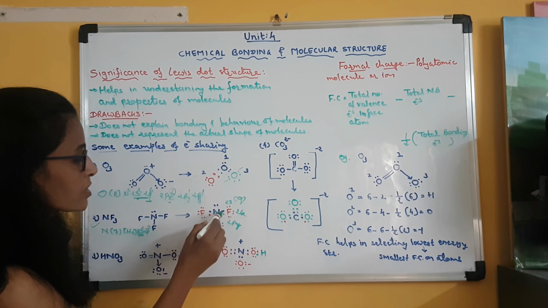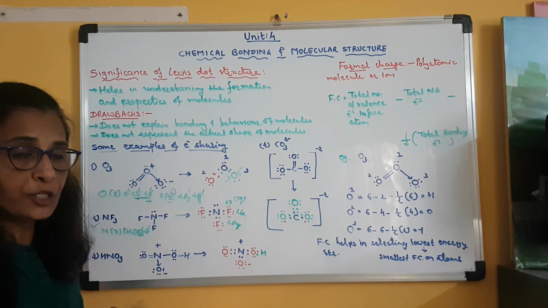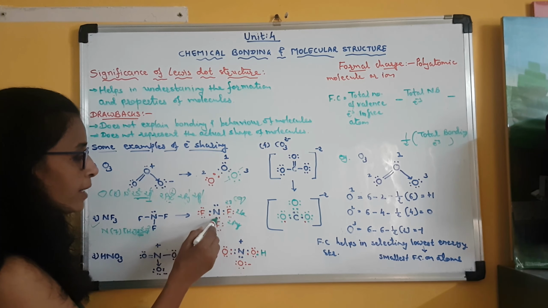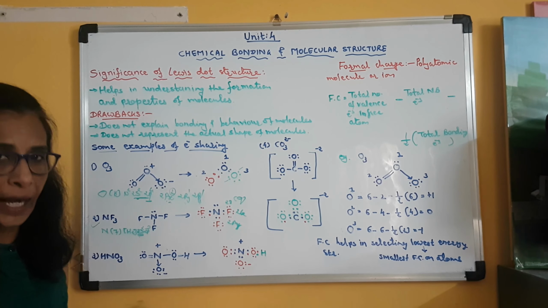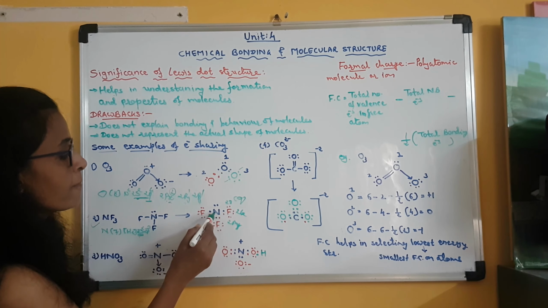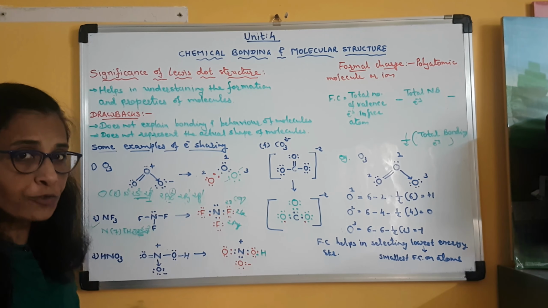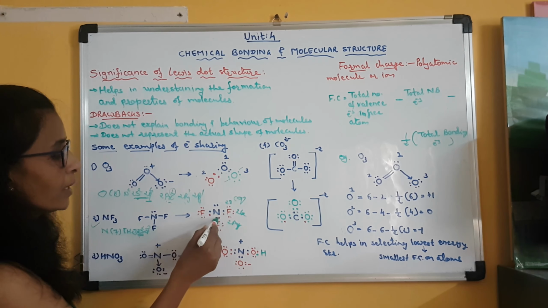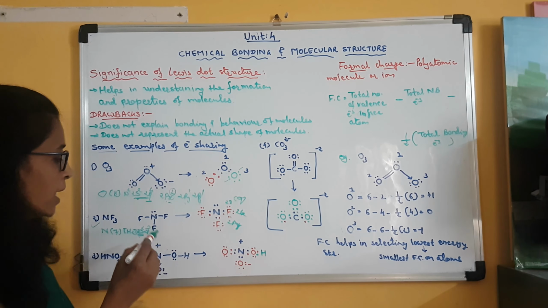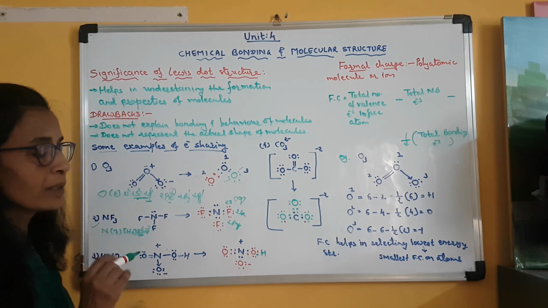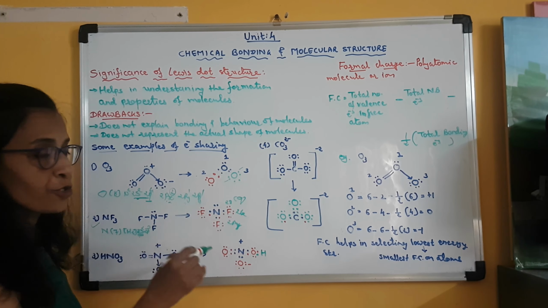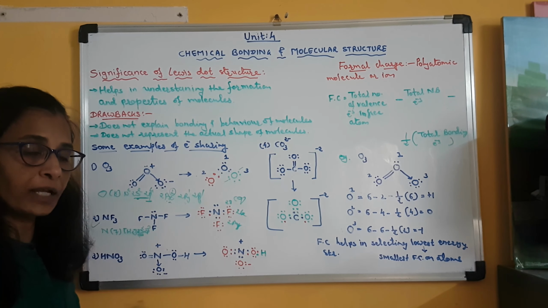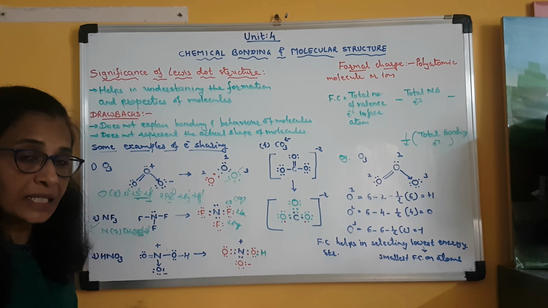So blue dots are the valence unpaired electrons of nitrogen and red dots are the valence unpaired electrons of the 3 fluorine atoms. So here you can see between nitrogen and each fluorine atom only one electron pair is shared, and that is why a covalent single bond is formed. Clear? Non-bonding electron pairs of nitrogen and fluorine remain as they are.